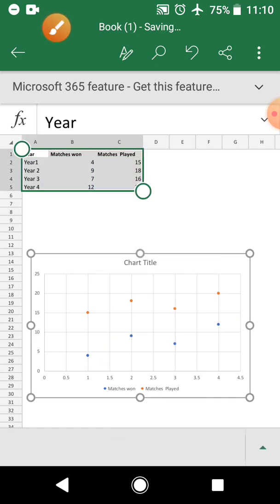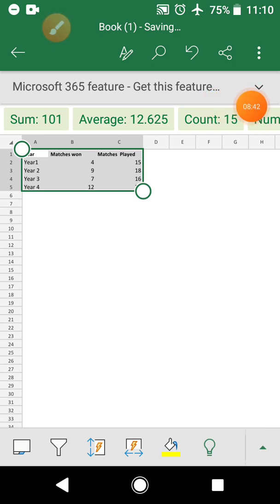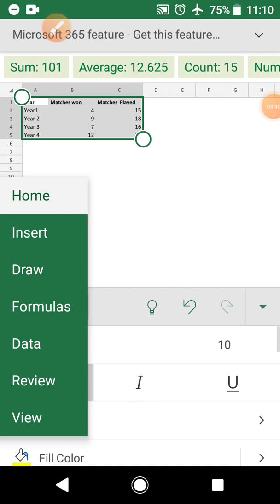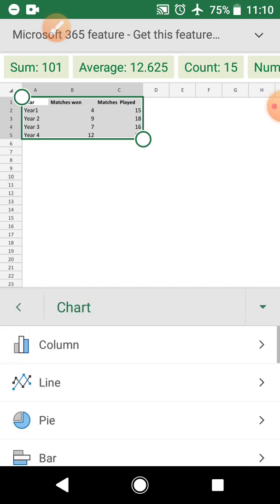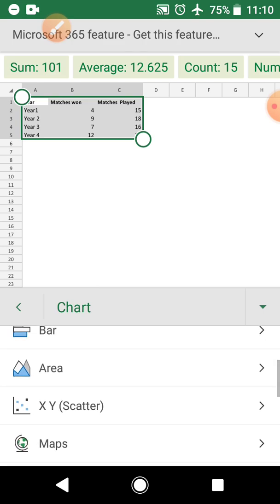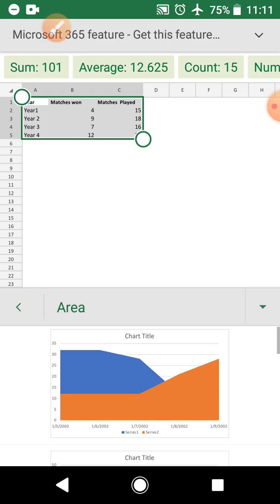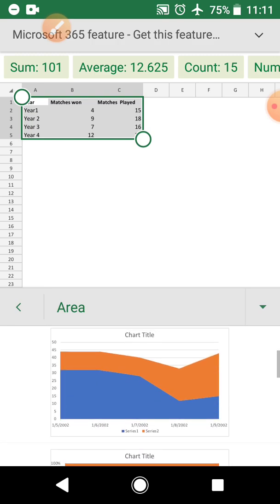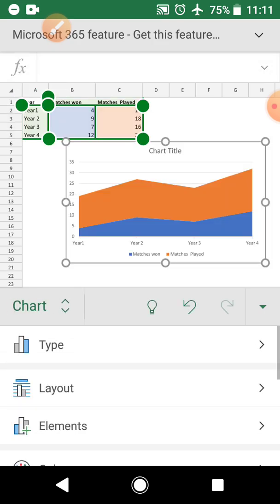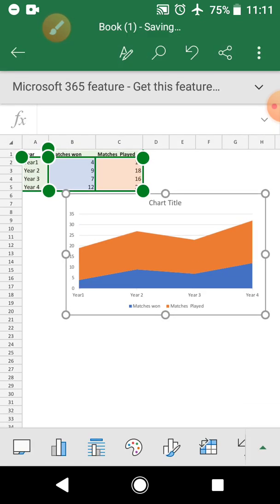Let's delete it. I hope the video is not much longer. So let's explore the other ones which are in your course, okay? There are many here, but we'll explore only those which are in your course. So the other one is the area chart. I like this one, I'll go with this one, okay?